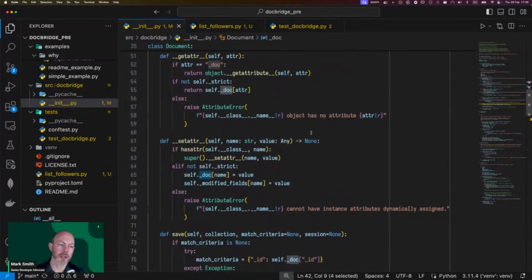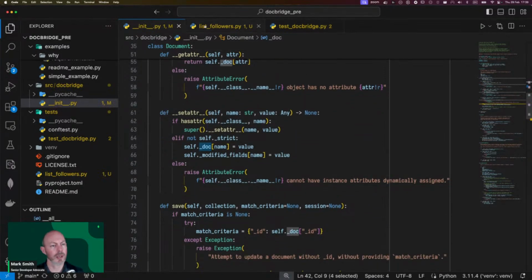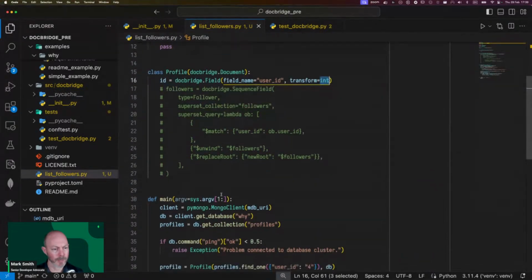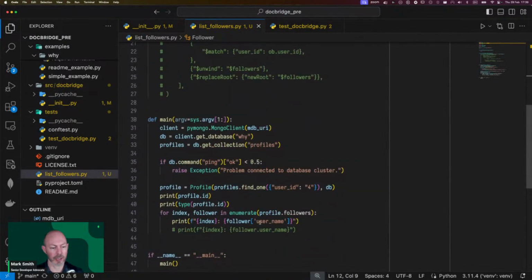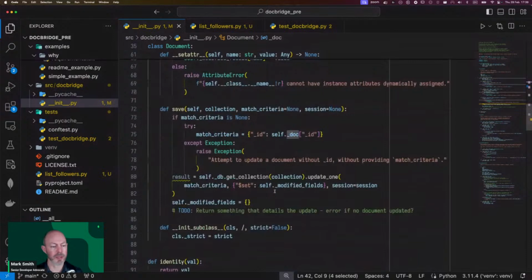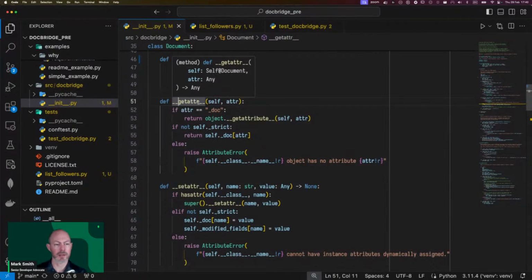Python has dynamic attribute lookup. So if you look up an attribute that doesn't actually exist, so in this case, if we're looking at our sample code, follower doesn't have a user ID, and yet we were able to access username. Under the hood, what Python does, if you access an attribute that hasn't been defined on a class, is it calls this magic method. So every time you see an attribute that begins and ends with a double underscore, it's a reserved name. It's a magic name in Python, and it will do something special. And the only way you know what that is is to go and look at the documentation to see what that specific name does. The __getattr__ function is a fallback that says if you're looking something up that doesn't exist, then call this method with the name of the attribute,